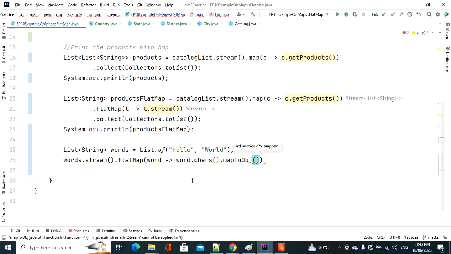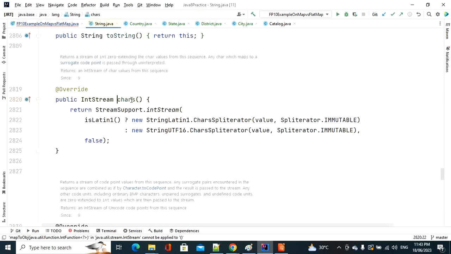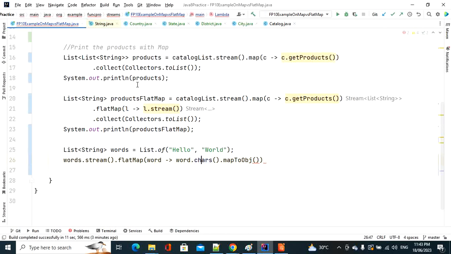So that means this particular chars method basically returns an IntStream. Here if you see, it returns an IntStream, right? So now we are taking that IntStream and again invoking the mapToObj method. You know why I am invoking mapToObj? My intention is to convert each integer to a character, right? So here what I am going to do